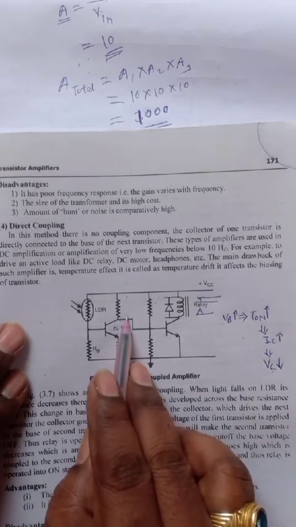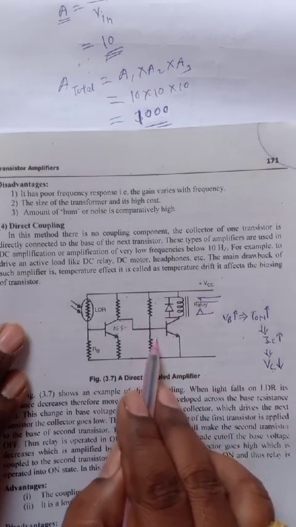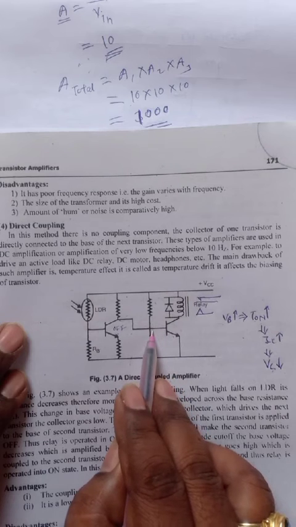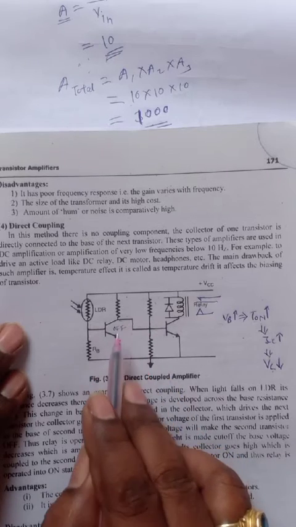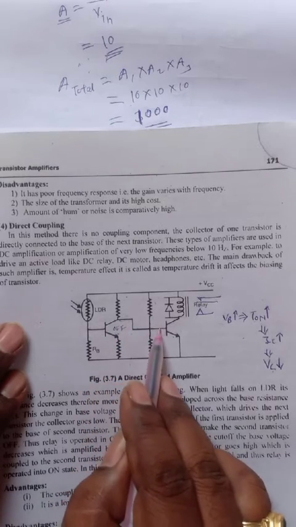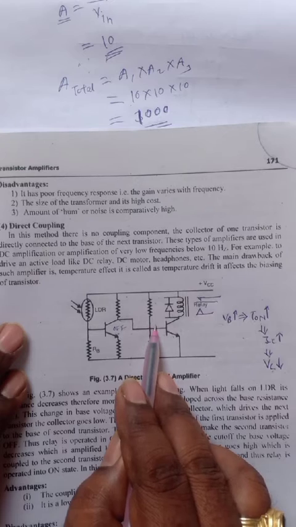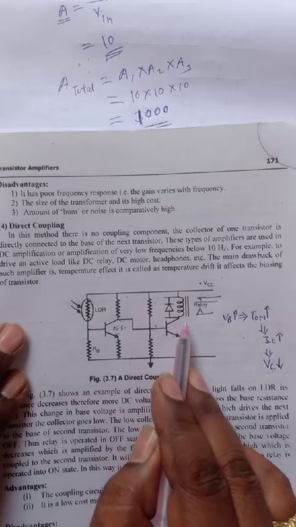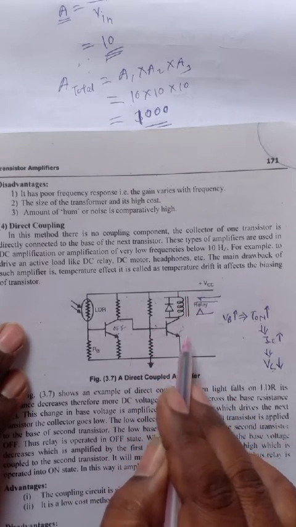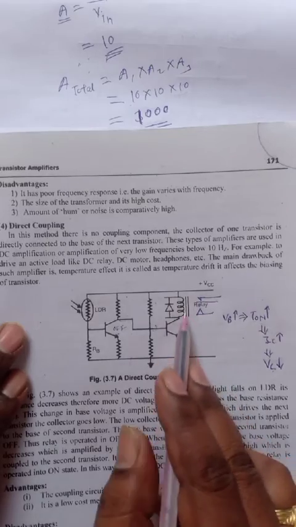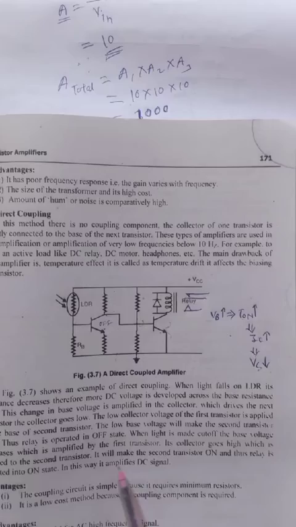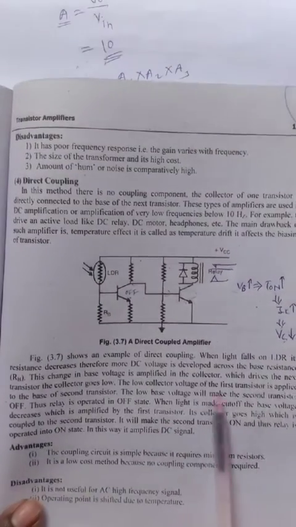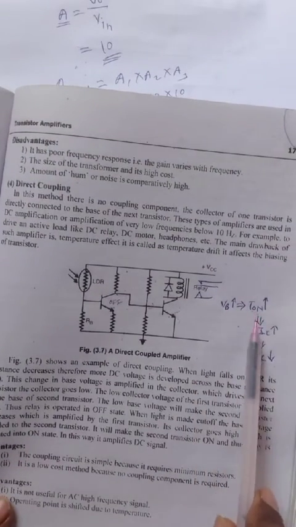As the collector voltage increases, this is applied to the base. So the base voltage increases because the collector voltage increases due to the off condition. As base voltage increases, the transistor will turn on, collector current flows through it and it will activate the switch, that is the relay. So it is just on and off type. Just read this and you can easily understand it, but this action is more important.